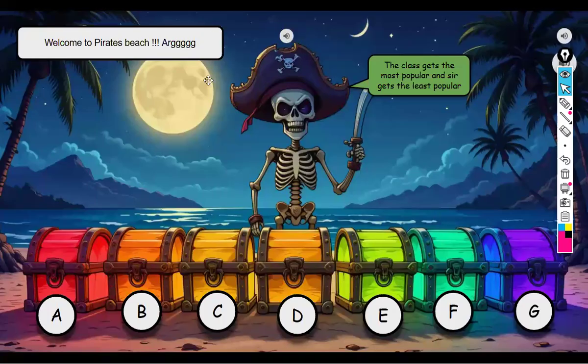And poll share results. It seems that there is a tie between C and F. All right, so to be fair, you all will get both C and F. If one is bad and one is good, you will take the good option. So whichever one is better, you all will use that one. Which one is the least popular one here? It would be D. So I am getting D.